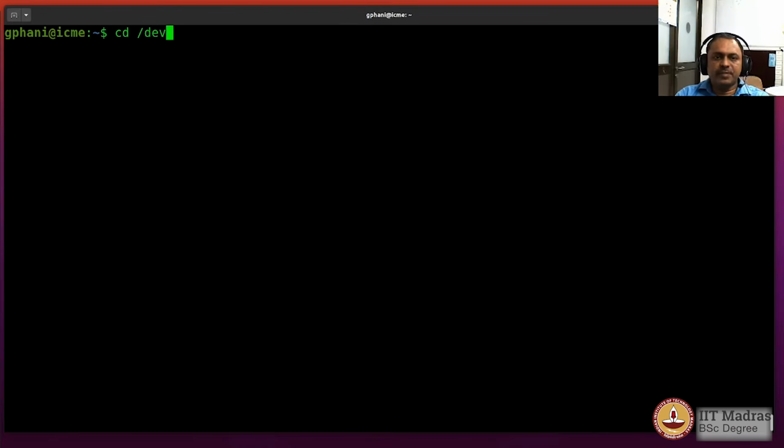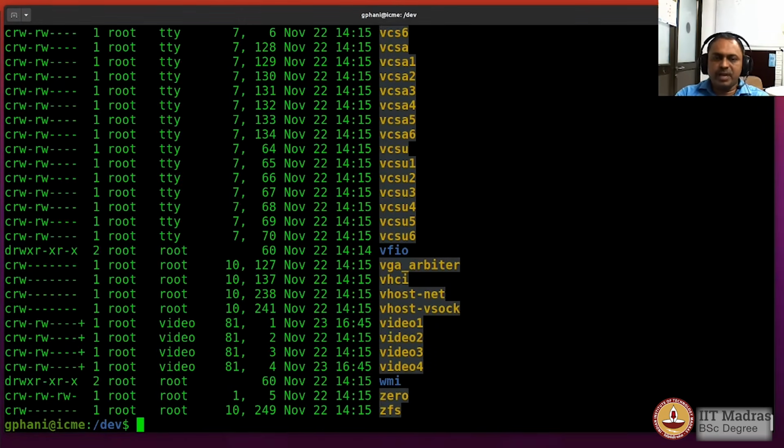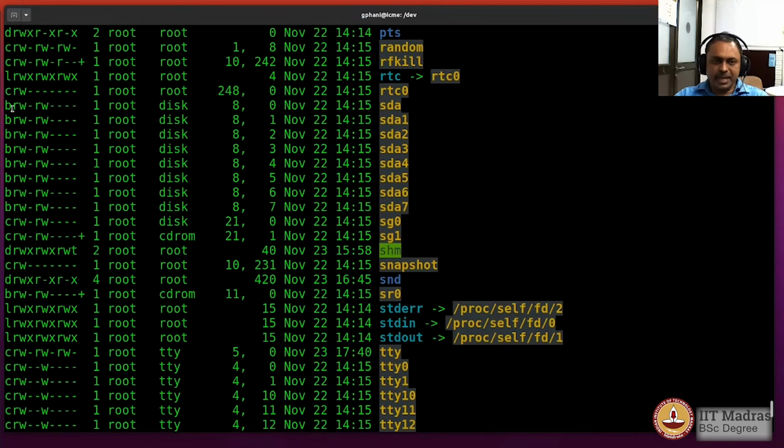Now let us look at the /dev folder, and you would see that the display would have a different character in the long format of the file listing. The C here shows that it is actually a character file, which means that you could read from that particular device character by character, which is typical of devices such as the terminals. And there are some files which would actually have the first character as B, and these are called block devices. Particularly it is for the hard disks.